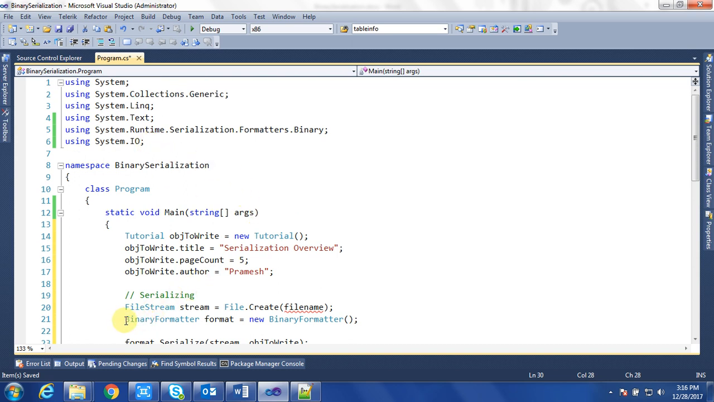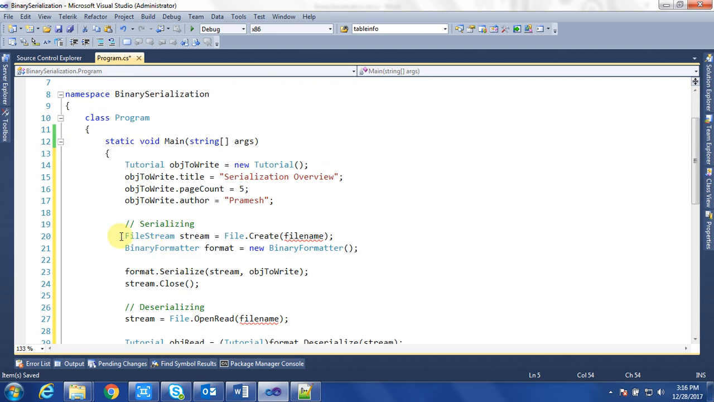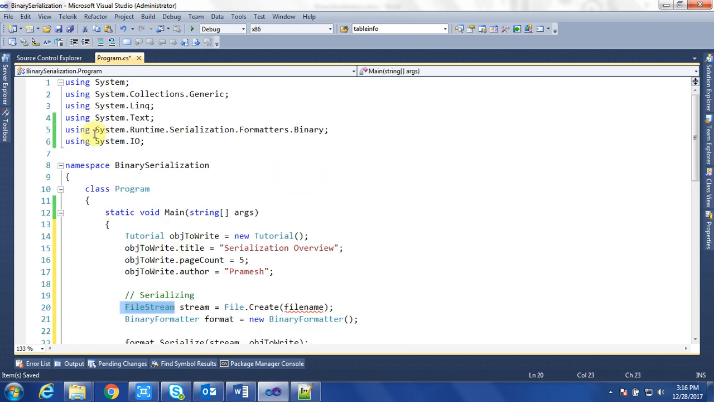We are using the binary formatter here. So for the binary formatter we need to use using System.Runtime.Serialization.Formatters.Binary, and we are using FileStream. So we need to check here whether using System.IO is implemented or not. If not, then we have to add using System.IO,